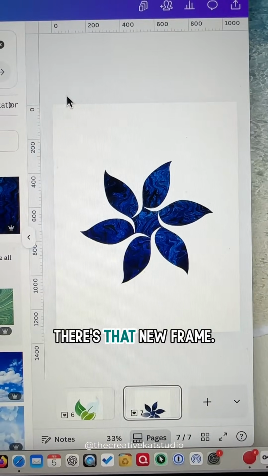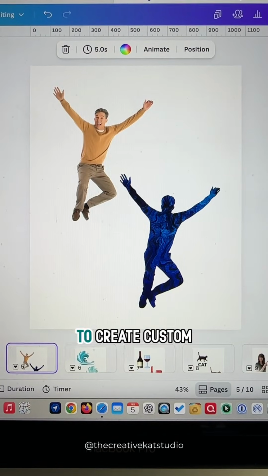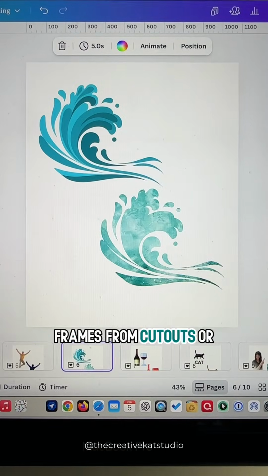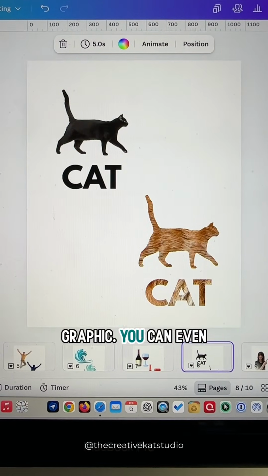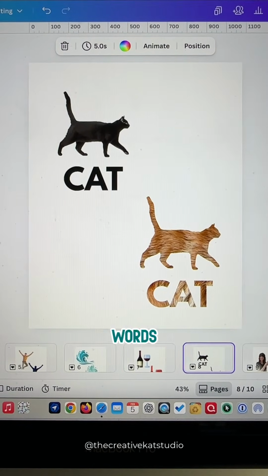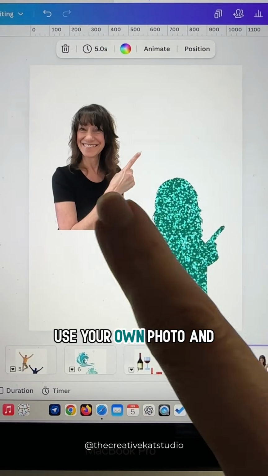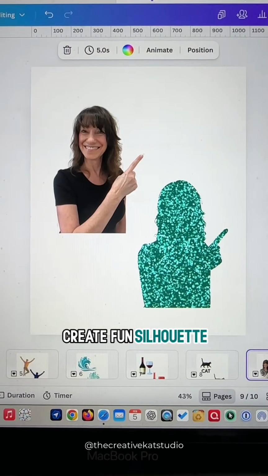There's that new frame. This is such a fun way to create custom frames from cutouts or graphics. You can even combine graphics and words, use your own photo and create fun silhouette frames,